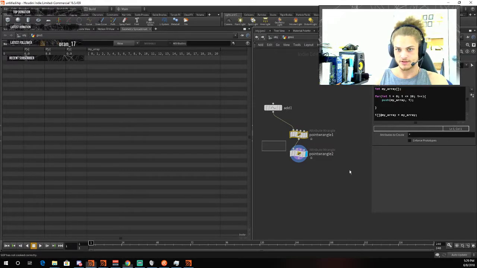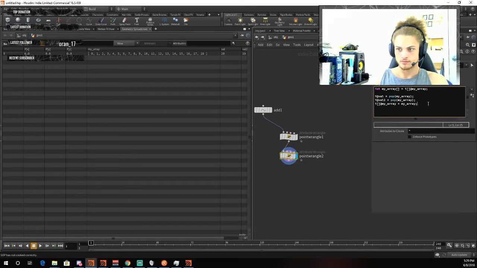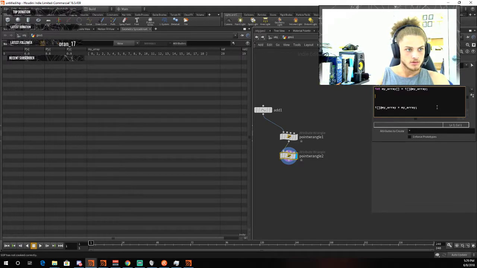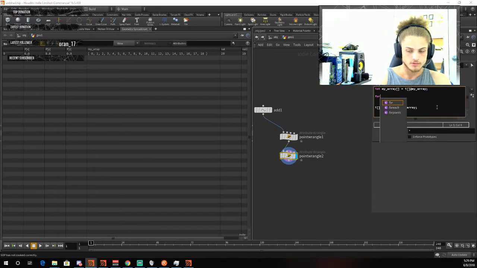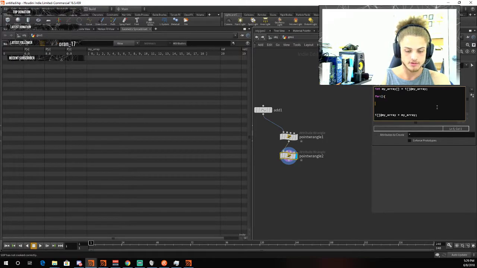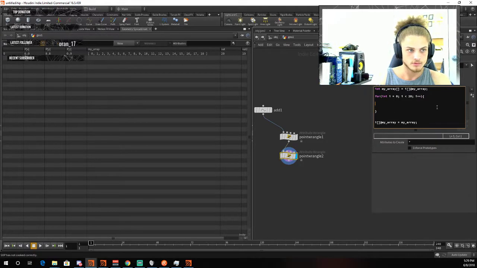And again, let's create a for loop, which goes through each element of the array and sums it up. And in this case, it's pretty straightforward, as we know this array has 20 elements. So let's again create a for loop, which will run 20 times. So we initialize i to 0, as long as i is smaller than 20. Let's keep incrementing i, so this should run 20 times. And just to check, let's set a value on our point to the element's value that we currently extracted from our array. So